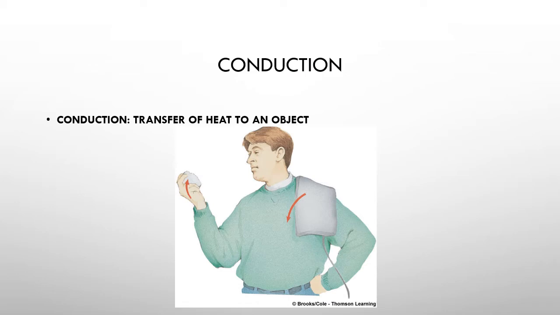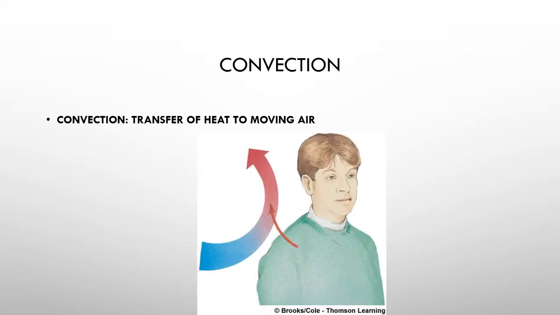We can also lose heat just by simply touching things. We can do this through what we call conduction. And so we have a process where we can gain heat. Here we have a little heating pad. That little heating pad, through conduction, is hot and touching our skin, and it gives us its heat. Or we can lose heat by having a block of ice or a snowball in our hand, and our heat is going to be transferred over to the cold object. Conduction requires us to be touching the other object itself.